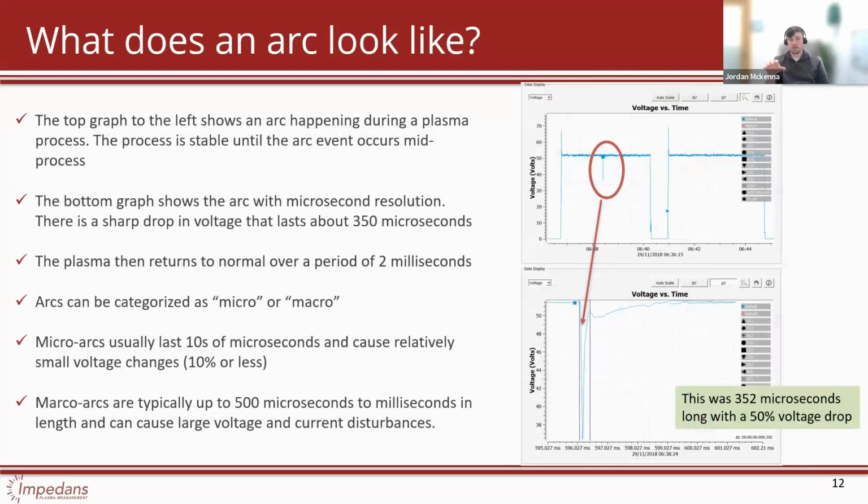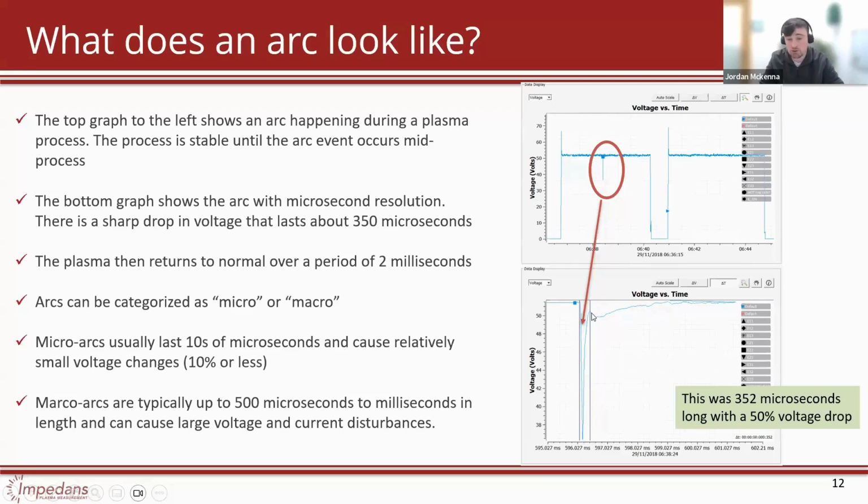If we zoom in here, we can have a look at what this arc looks like. The top right graph has what we showed before with this spike down. But with our impedance alpha software, we can actually click on this event and see this arc happening over a 5 millisecond window. If we look at the actual arc itself, we see this big sharp drop down and recovery